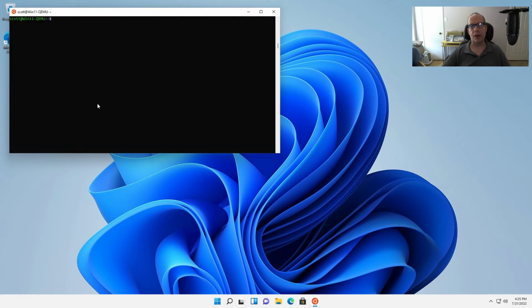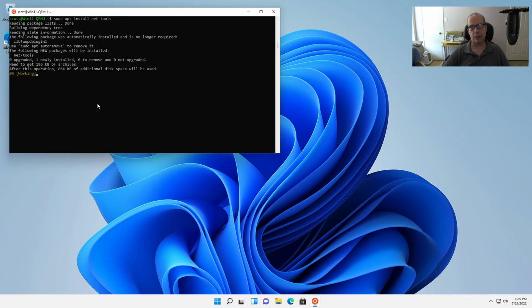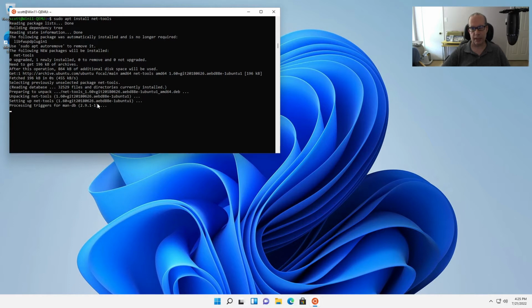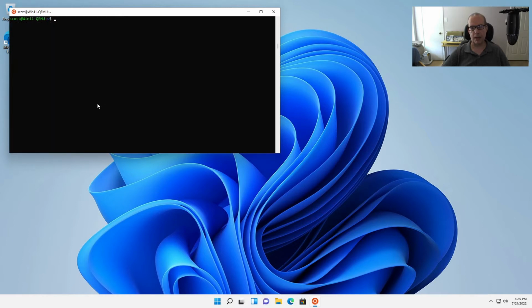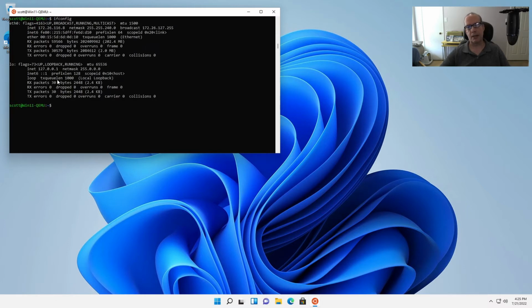So now that our Ubuntu 20.04 WSL instance has been fully updated, the first thing I want to do after that is do a sudo apt install net-tools. And the reason I like that is because it has a very nicely displayed version of ifconfig. And you can see here that I'm running at